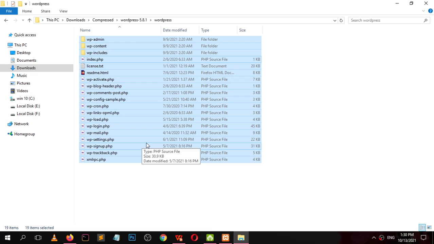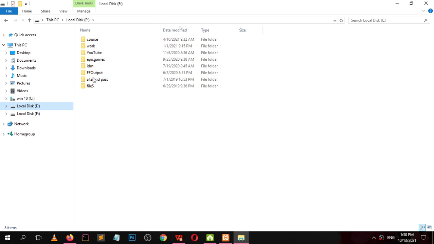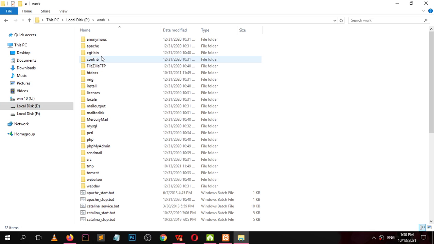Now you need to go to the location where you have installed XAMPP previously. Now open this folder, htdocs. This folder is where all the website projects will be.